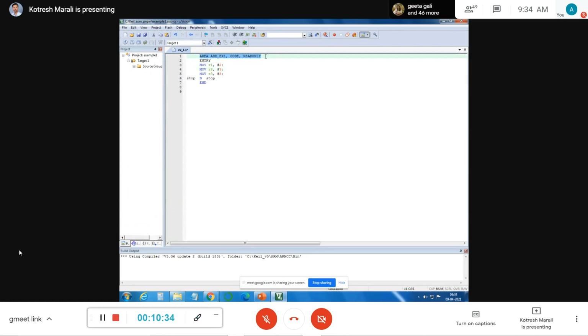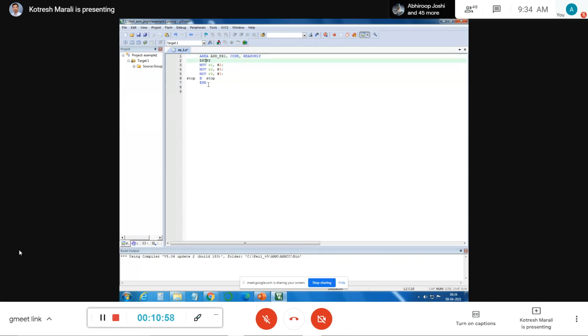So these are the assembler directive AREA, which specifies whether it is a code region or a data region, and that region should have some name. It is a name variable, so you can use any name, then a comma, then the code region, once again a comma, then read only, read write or write only. It depends upon the application you are trying to write.